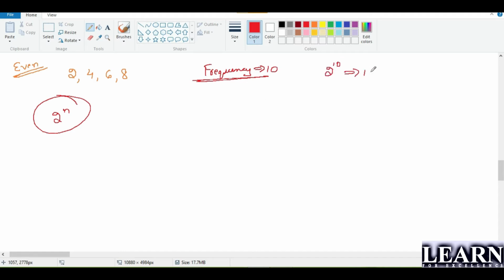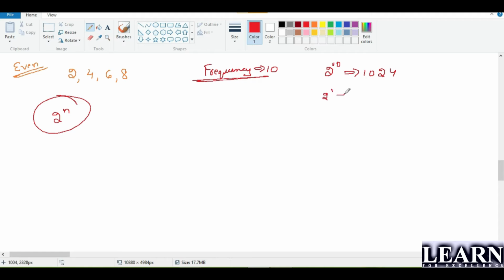I know that 2 power 10 is 1024. This 2 to the power 10 is 1024. This is nothing but the number of KB in 1 MB, guys. That is nothing but 1024 KB, right? Or the number of MB in a GB. 1024 MB is equal to 1 GB. That's an easy thing you can remember. Now, how to understand this?